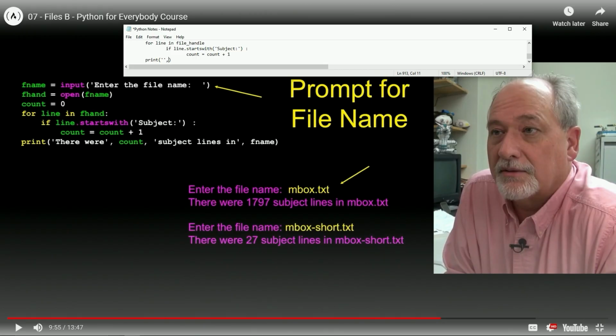Okay, so right here we'll do there were, count, subject lines in, file name. Lines. Subject lines. Okay.